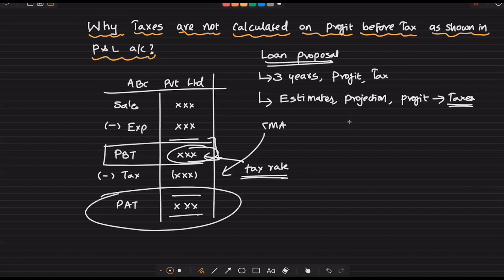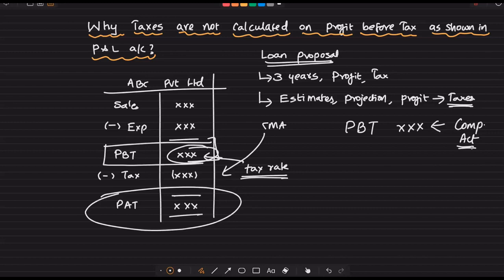If you ask me whether that is the right approach, answer is no, because your taxes, especially the taxes for business entities, are not merely based on profit before tax. Of course, profit before tax is the starting point, but it will undergo some changes because this profit before tax is something which is calculated following the provisions of Companies Act. Let's say in case of companies. So if it is a company, they have to follow the procedures prescribed in Companies Act.